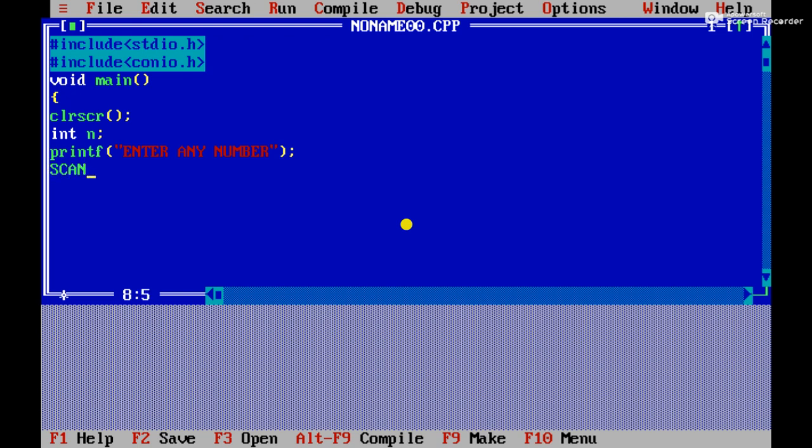Scan, okay, scanf, and there's the only method that you have to take the format specifier of that. So what is that? That is a %d, because the variable is having integer type. Then, after that, you have to take the address of that variable, right? That is, let's suppose this one.